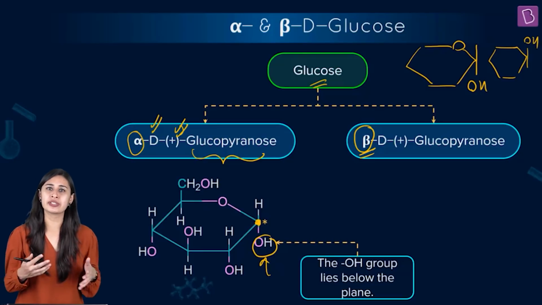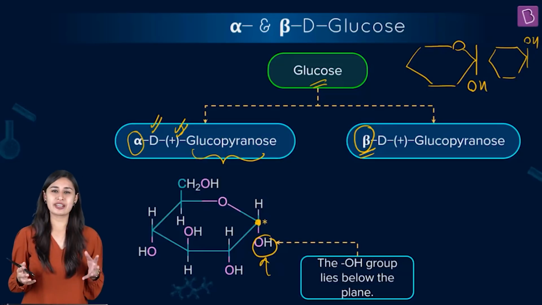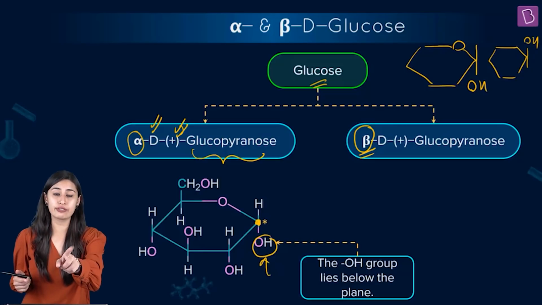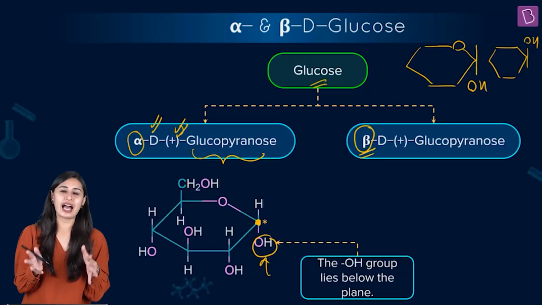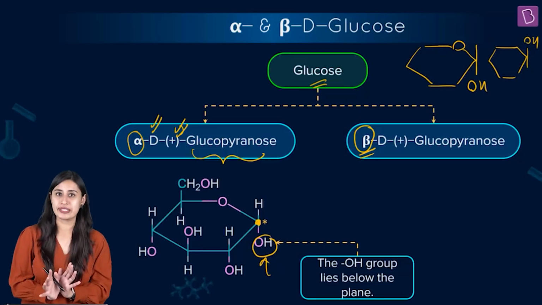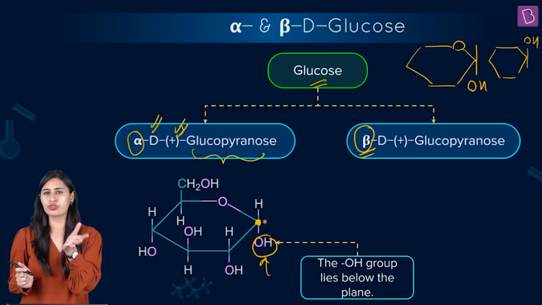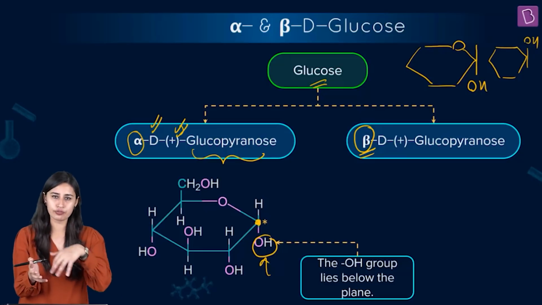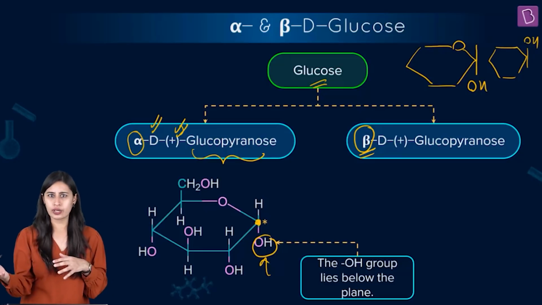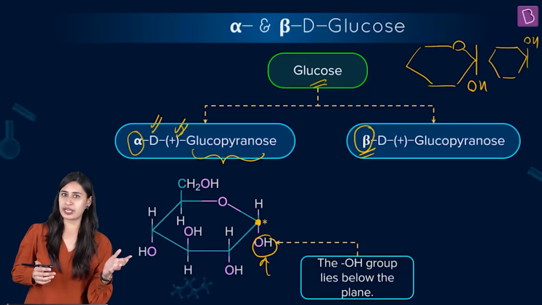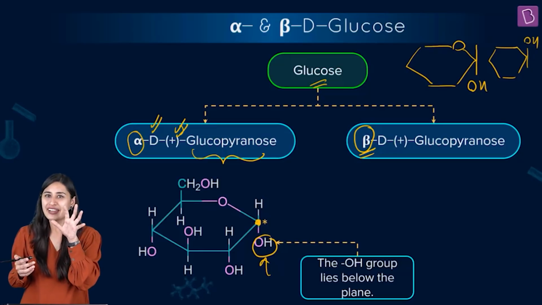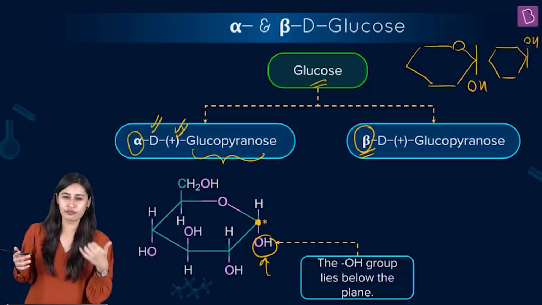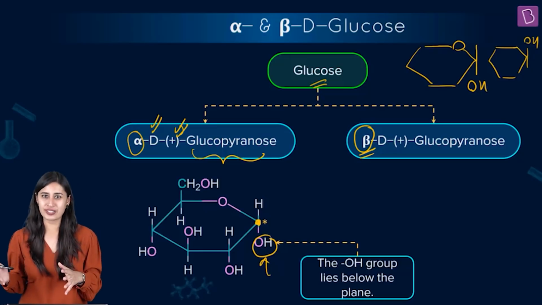How do we remember this? I have seen students getting confused, so you do not have to get confused here. Beta is a term that I want to make you understand it with. Beta is a general neutral term, just like an actor can be used for a male, female or the third gender. Teacher can be used for a male, female or a third gender. Beta is also a term which is gender neutral. You can use it for a male, female or gender neutral.